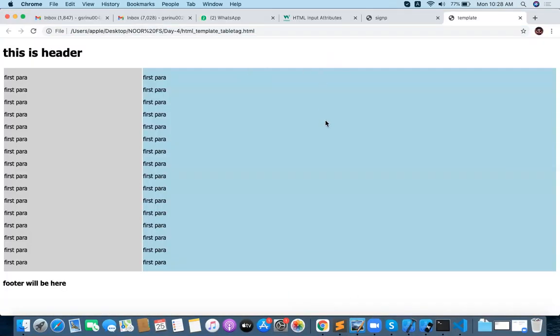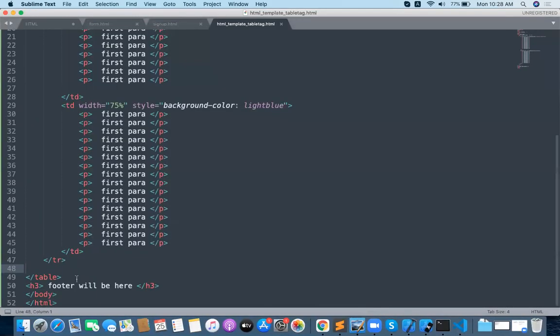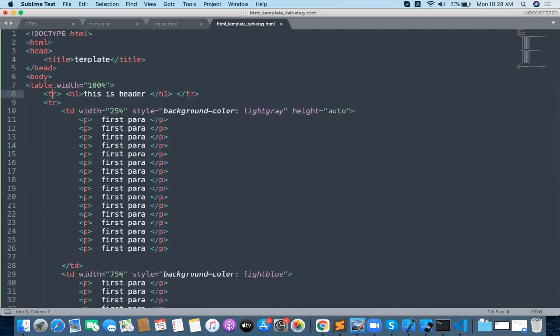Okay, now footer is properly done, and footer is having style, background color black, color will be white. And header, where is the header? This is the header, right? And style, background color will be gray, color will be white.